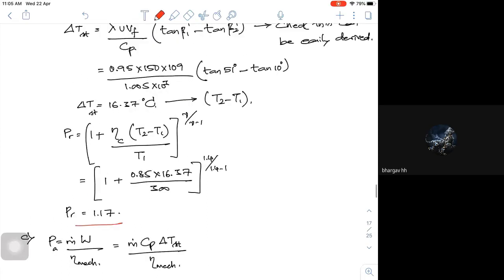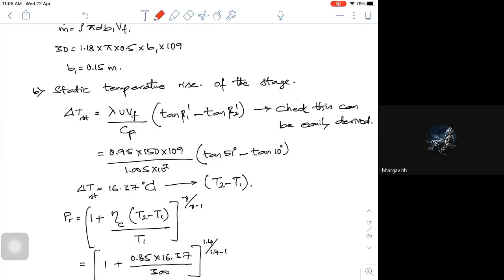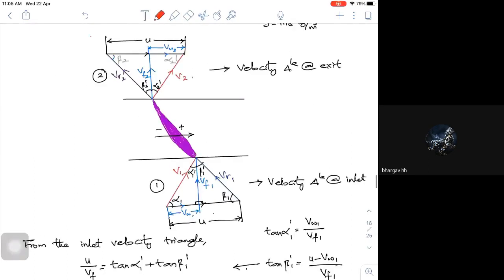But that's why I told you that I'll be taking a little bit of complicated problems. Most of the times I've seen in some of the axial flow compressors, instead of giving the blade angles or flow angles, they will give in terms of the air angles. So what are those air angles? One of the problems I've taken. So corresponding to alpha 1, I have the alpha 1 dash. Corresponding to beta 1, I have my beta 1 dash. Corresponding to beta 2, I have my beta 2 dash.